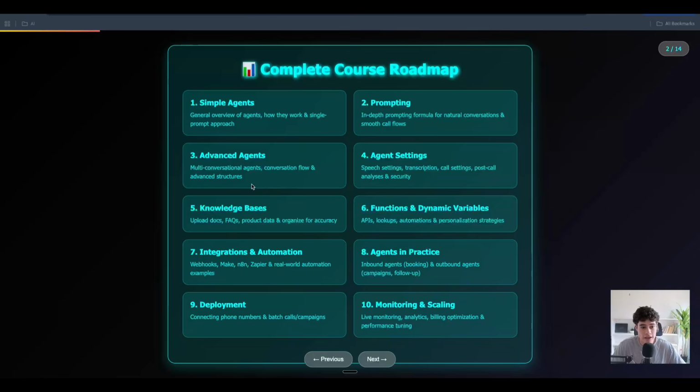And then from there, we have advanced agents and agent settings, covering the difference between simple and advanced agents and how to structure them as well. And then we have knowledge base, functions, and dynamic variables: how to attach knowledge to your AI agent so it can grab that knowledge and answer any questions the customer may have. Functions and dynamic variables: how to customize your prompt, input customized information into your prompt, and also how to customize functions to go to any automation platforms and make any API lookups,